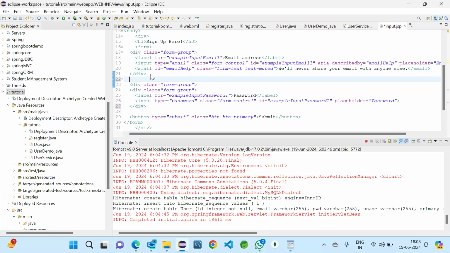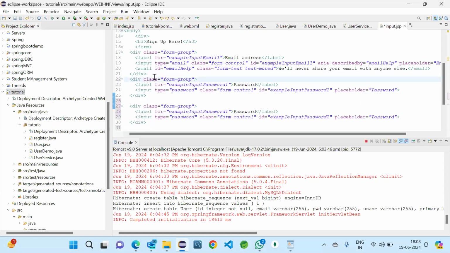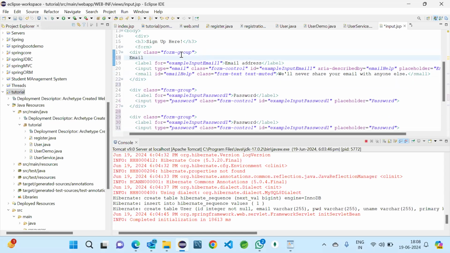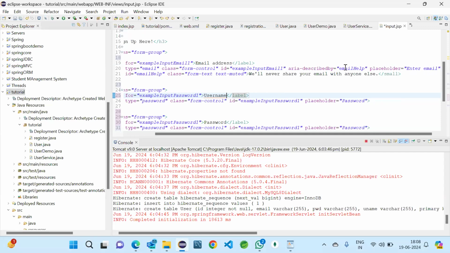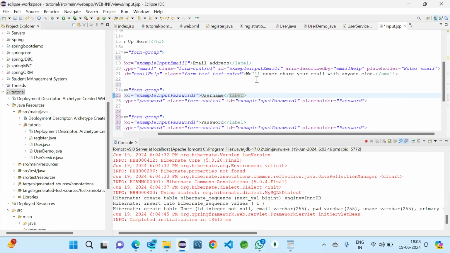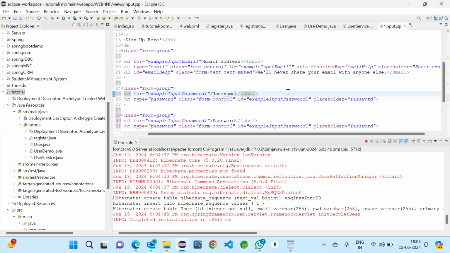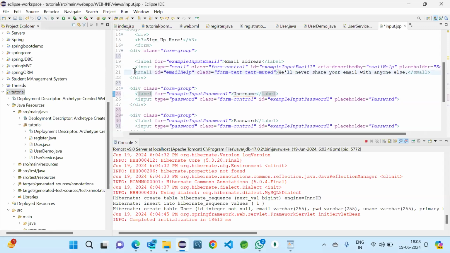username. So let me copy this one more time. So two times we will be getting password, so I will change all this. Here I am commenting it as email. Anyways, you can see this, so no need to confuse. First one is email, second one is username, and third one is password. And here email, class form-control, id email, input, keep it as this. So enter email. And this text, we'll never share, if you want to give it, you can. If you don't want it, also fine. So I am removing it, no need for me.